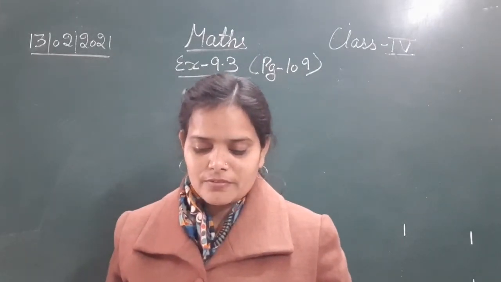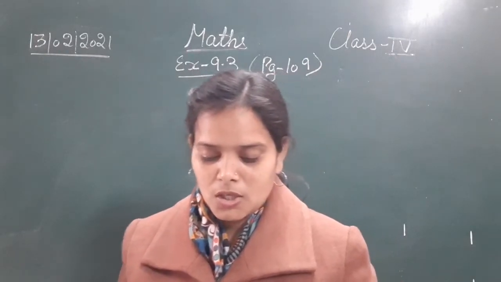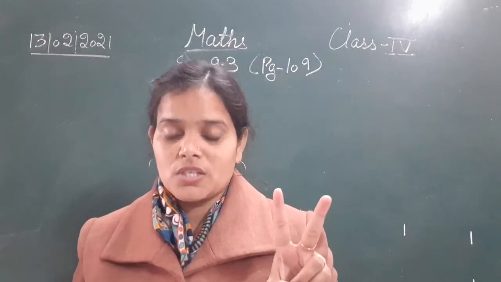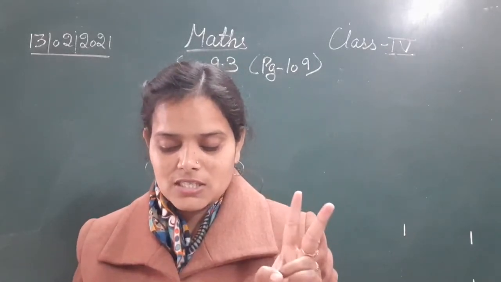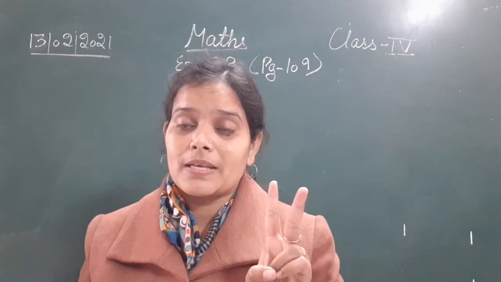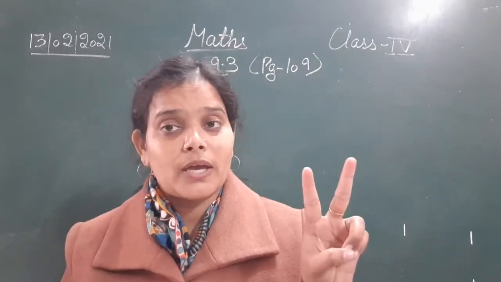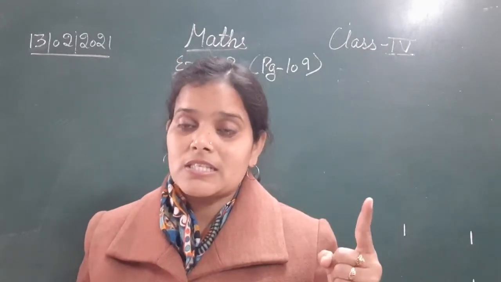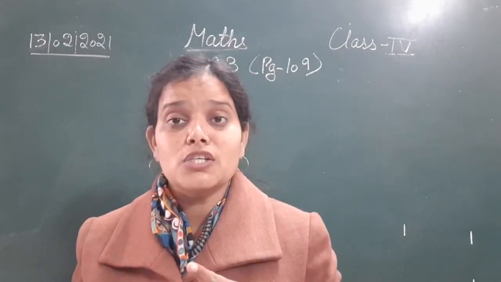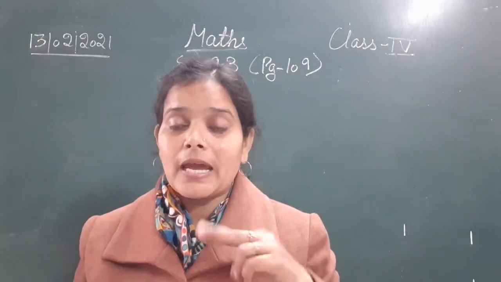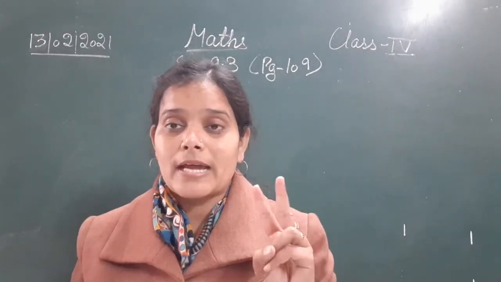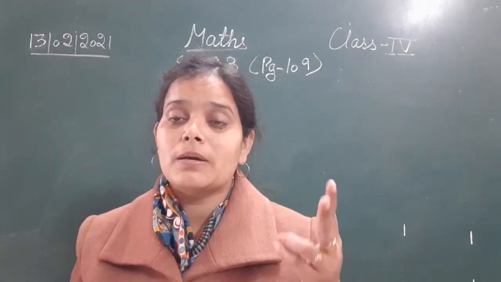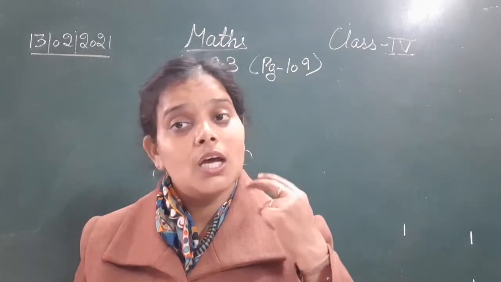So here they have said that the boy whose name is Jagjit, उसने 2 pairs of jeans खरीदी. So he has bought 2 pairs of jeans, and the cost of each jeans is 250 rupees and 50 paise. So that means उसने खरीदी 2 हैं, but कॉस्ट इसमें सिर्फ एक की दी हुई है. So the cost of 1 jeans is given, that is 250 rupees and 50 paise, but he had bought 2 pairs. So that means the cost of 1 jeans is given and we will find out the cost of 2 jeans by multiplying the cost of 1 jeans with 2.